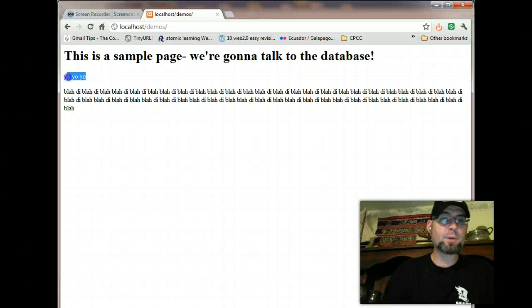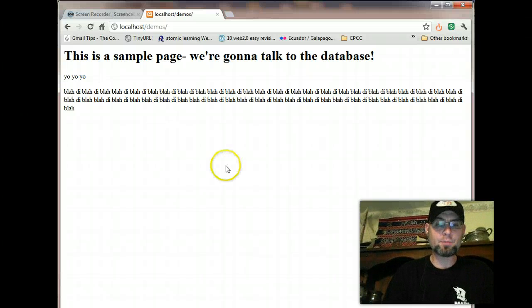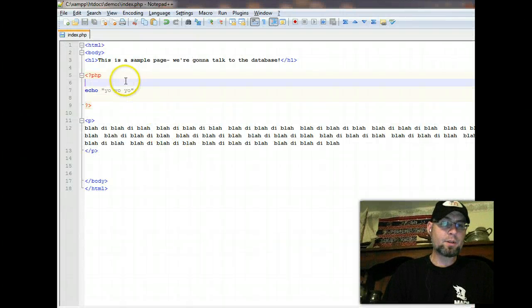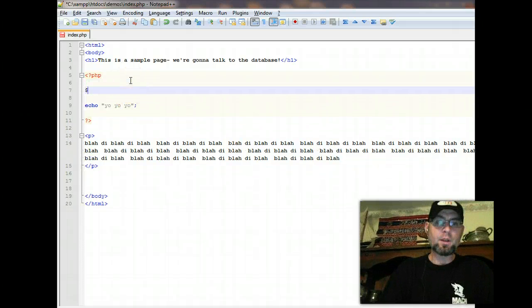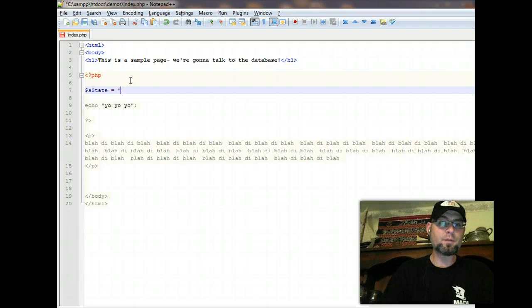So we know we have PHP running because we've got a yo yo yo, and what I want to do now is put in a little bit of conditional PHP. So the way we can do that is we can set up a variable, and I'm just going to call it sState. I'm going to set state equal to, let's say, bro,